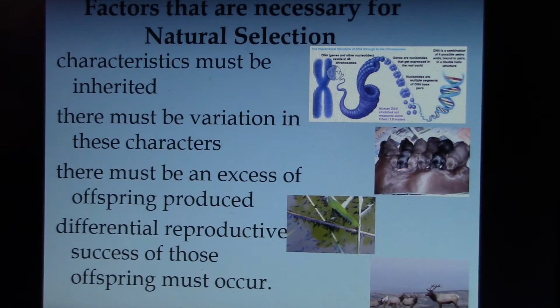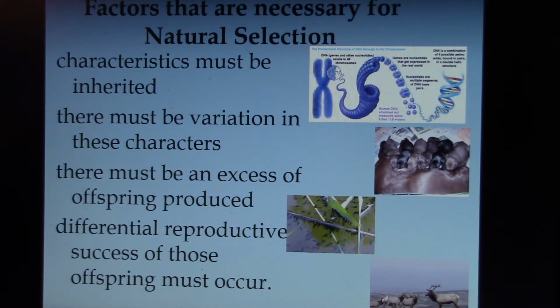Okay. Then there must be an excess of offspring produced, and that just sounds cruel, but, you know, 1 in 5 puppies doesn't make it to its first birthday. Think about grasshoppers and tadpoles and others. Fish. Oh, yeah, what do they say? An average of 2 salmon make it back for every breeding pair or something like that.